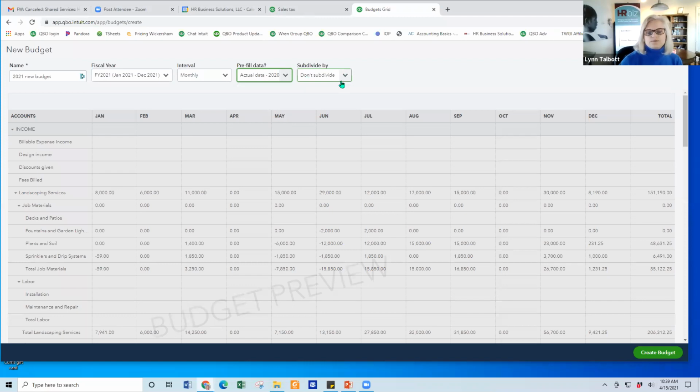and then don't subdivide by customer or class. You could do it by class, but right now you're not going to create a budget by class. You're just going to create an overall budget for your organization, and then later on you can run a profit and loss by class or by program if you choose. So right now we would say don't subdivide because you would be here for a year trying to get the